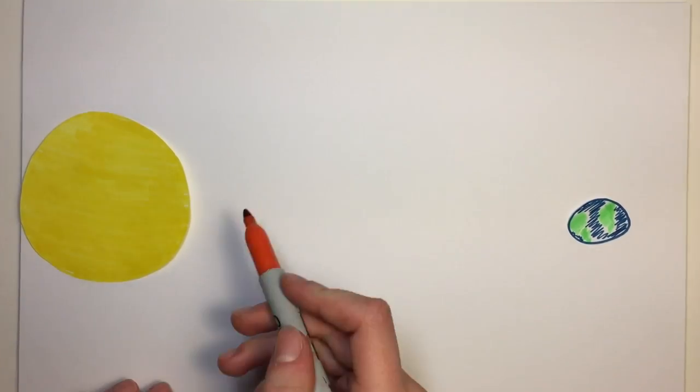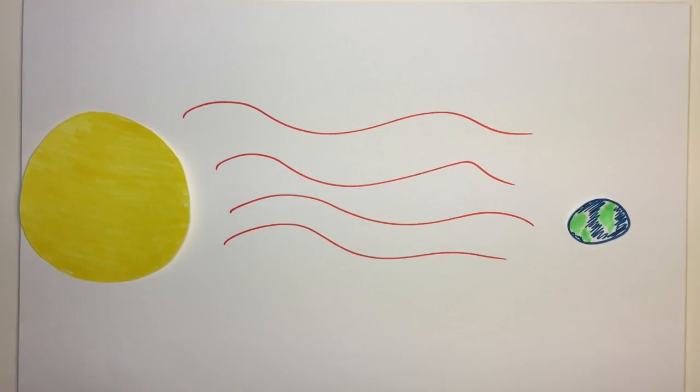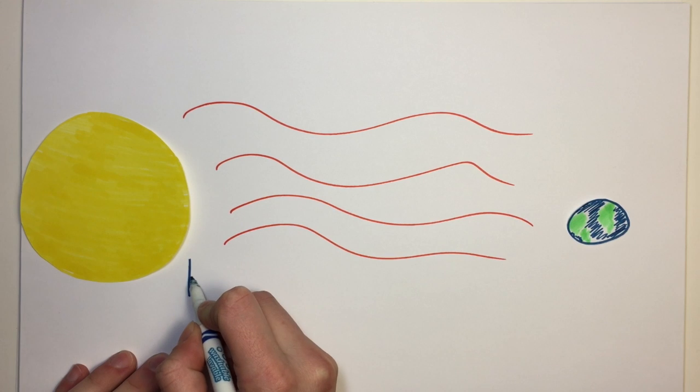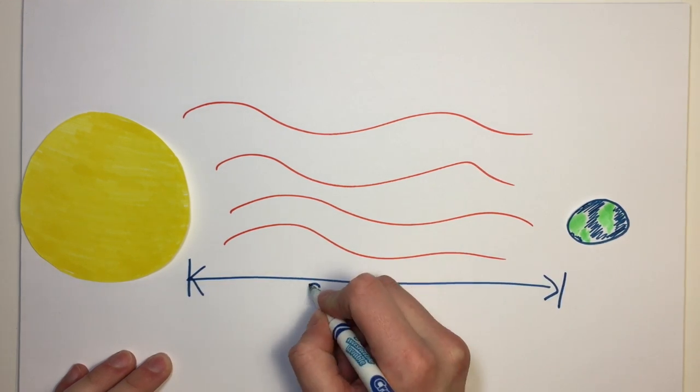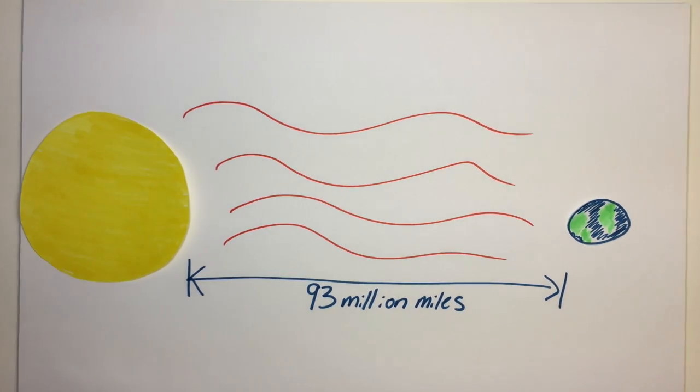The sun is a huge ball of plasma full of energy and chaos. It is constantly spewing out radiation in the form of light, heat, and charged particles known as the solar wind. Despite the 93 million mile distance from the sun to the Earth, the solar wind has a huge impact on